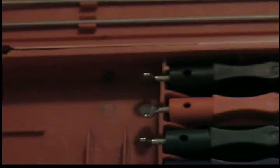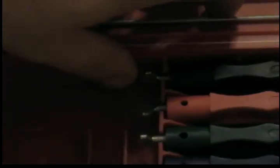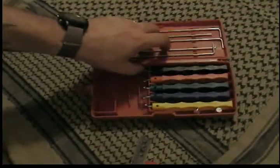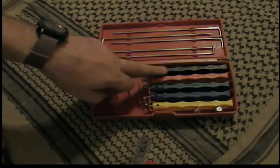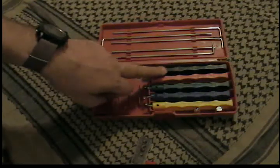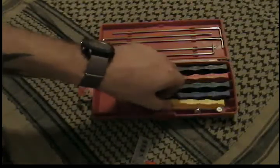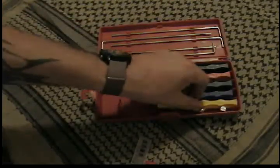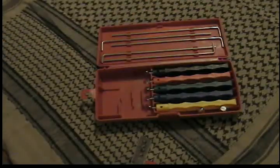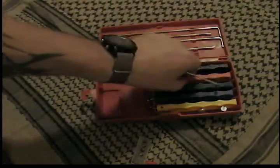So this is how it works. The colors of the stones indicate coarseness. Black is extreme coarse, and yellow is actually Arkansas polishing stone, ceramic stone. Very nice for getting that mirror edge on there. So what you do is you take one of the guide rods, you take one of the stones,